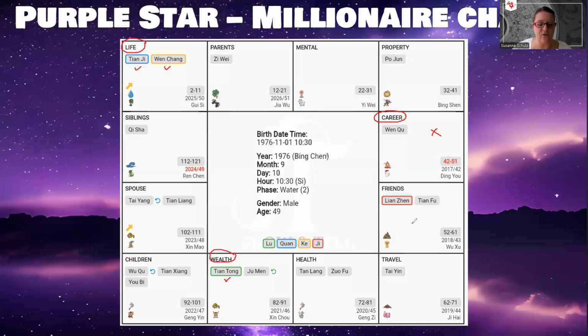Essentially, it's almost as if luck falls into your lap. Of course, you then still need to seize the opportunities, but it's much, much easier if you have this particular formation. And again, most of the time we will see this manifest in the fourth or the fifth luck cycle, so around the ages of 43 to 55, something like that. It can happen earlier, but this is usually when we see the strongest manifestation. All right. So take a look whether you have this in your chart. Let me know whether you have this. We don't see this very often, so I'd be curious to know whether you have a formation like this in your chart.